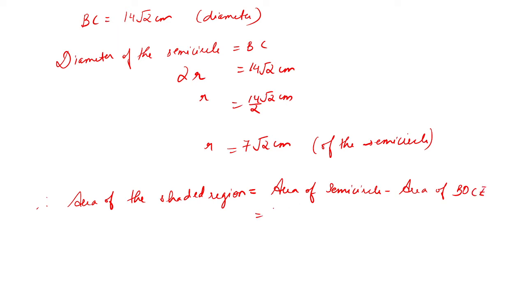So area of semicircle is going to be pi r square by 2 minus 56 centimeters square. Pi is 22 by 7 into 2, radius is given as 7 root 2 into 7 root 2, minus 56 centimeters square. Don't forget centimeter and centimeter. So you're left with 22 into root 2 centimeter into 7 root 2 centimeter,